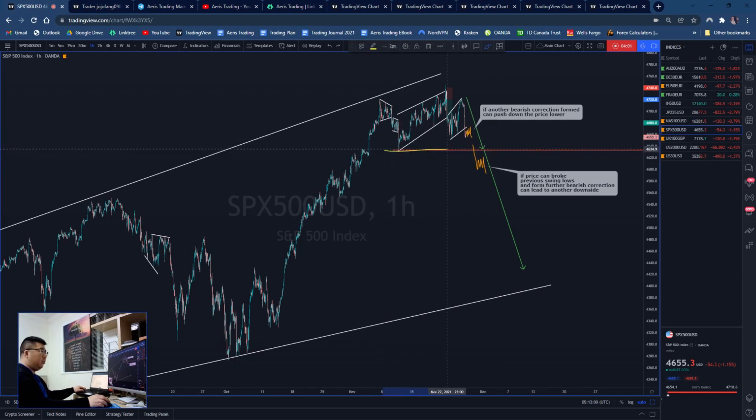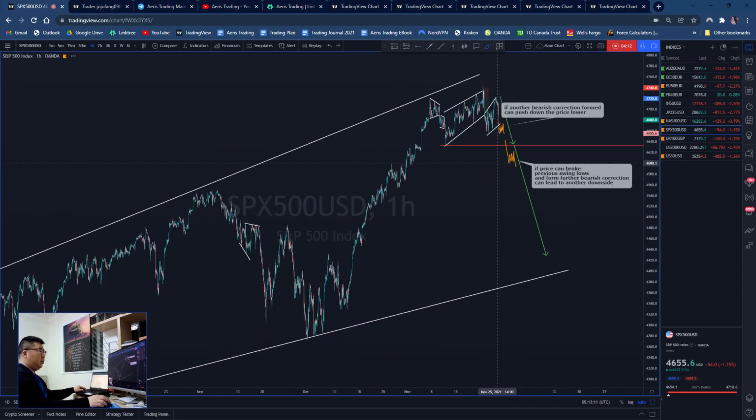And this one hasn't broken the previous low yet, so be on the lookout for this previous low to be broken. If price can continue pushing down, then look for further lower time frame continuation to push the price down. Again, we have quite a bit of room to the downside, right? So there's certainly enough risk reward here that we can potentially enter these sells or multiple sells if that fits